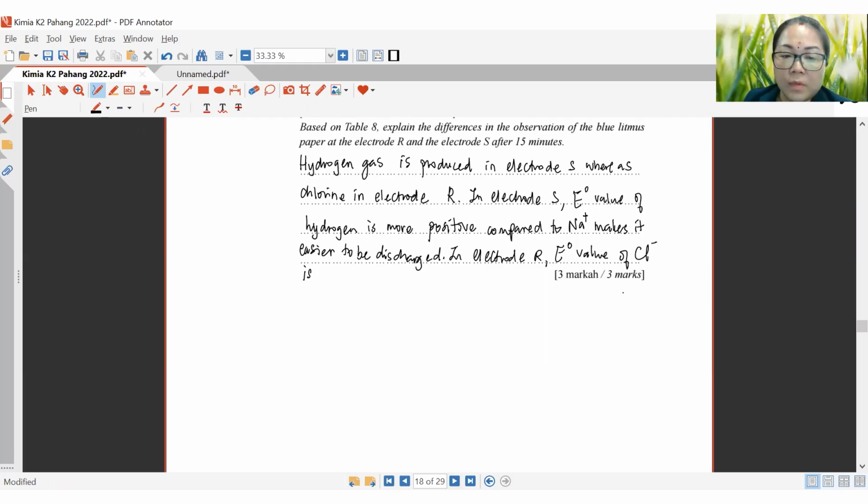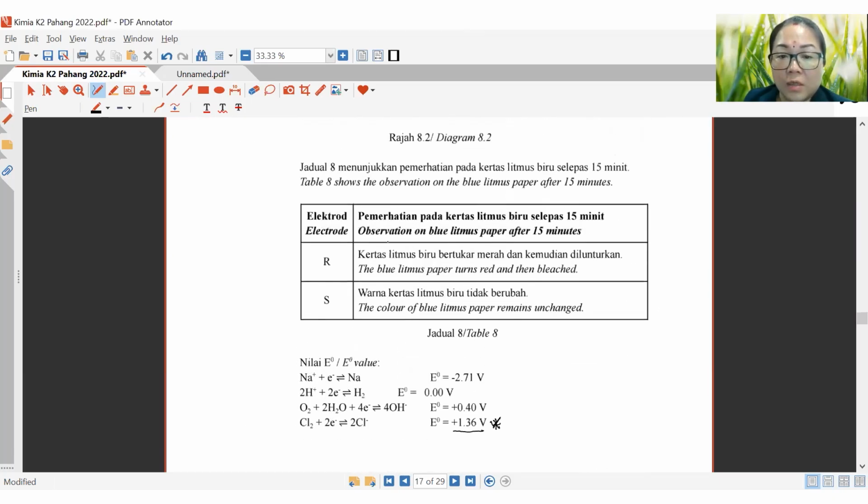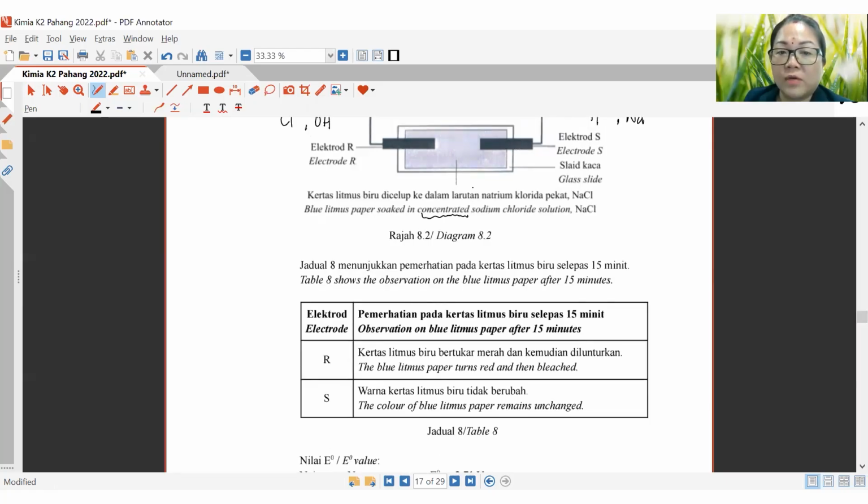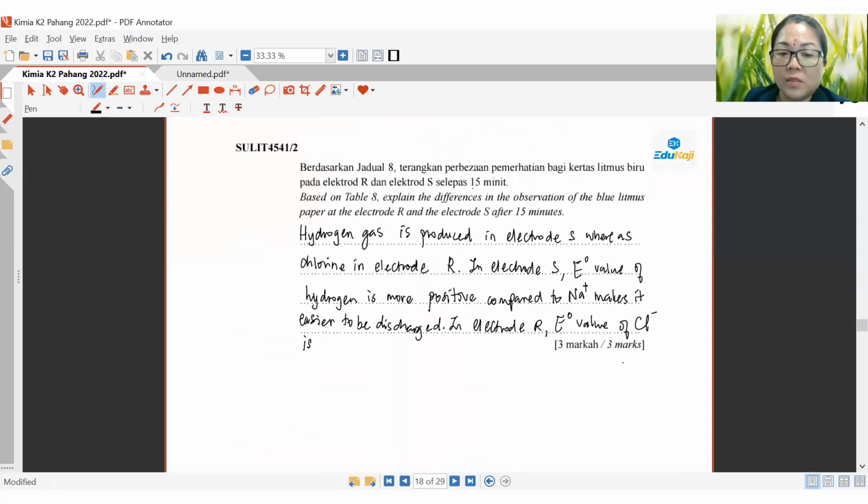Wait, it's because of the concentration. Because I forgot, it's mentioned here concentrated, not E naught value. This time it's because of the concentration that makes chloride ion discharged instead of hydroxide ion. So not the E naught value, sorry, but the concentration